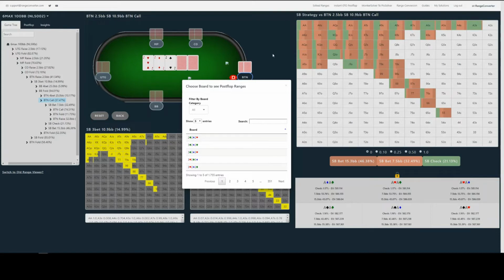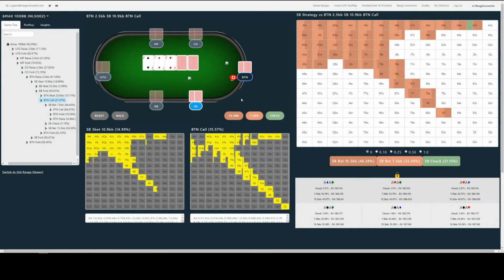And again, the strategy there has changed pretty much instantly. So it's a very powerful way of just browsing through different flop types and seeing how strategy changes across different flops. Let's go back to 222, and you see the strategy updates there straight away, and we can navigate through here.